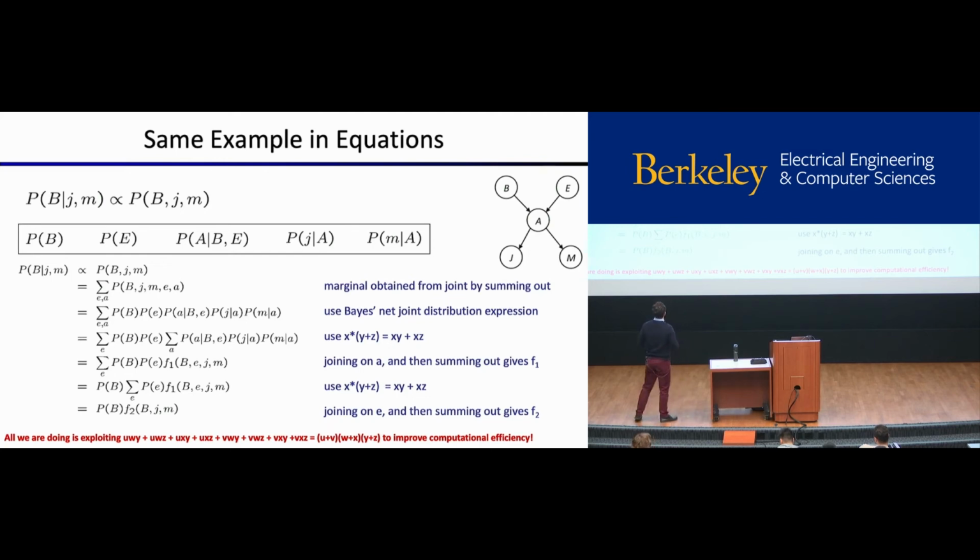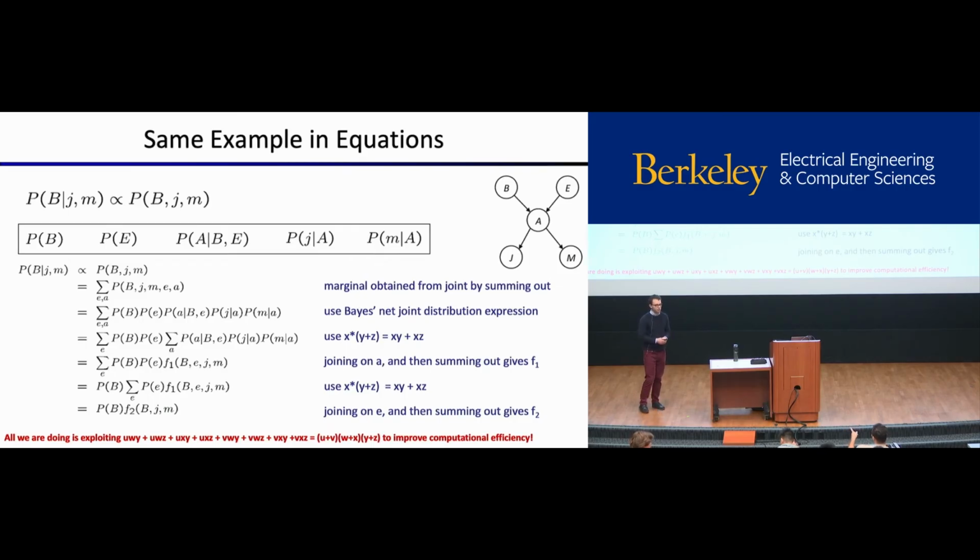Why is B capitalized? When we see a capital letter, that just means we want all of the possible settings of B. So this is saying, I want to know what's the probability that there was a burglary and what's the probability that there was not a burglary. Okay? You're welcome. Any other questions?